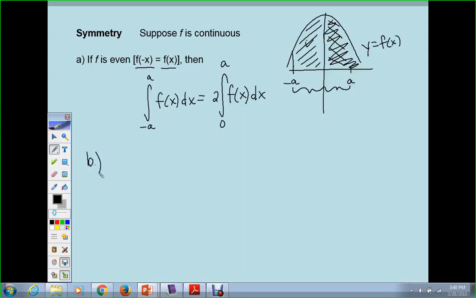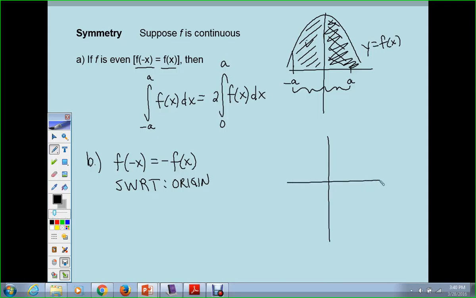Now, what if we were working with an odd function? Which means if we plug a negative x into a function and we get negative f of x, it has symmetry with respect to the origin. And let's draw a graph. If I have symmetry with respect to the origin, and I want to find the area under the curve from negative a to a, let's call this g of x,